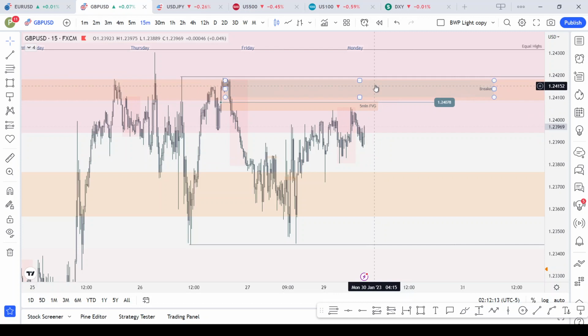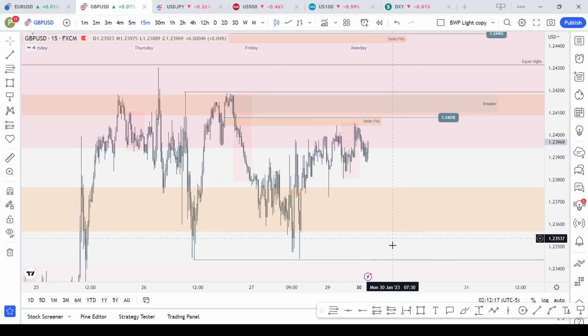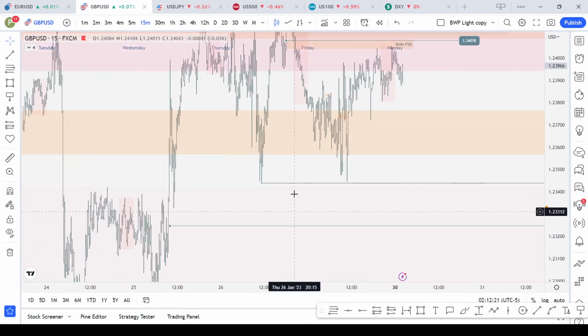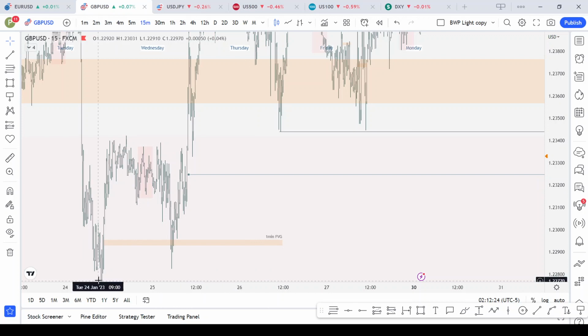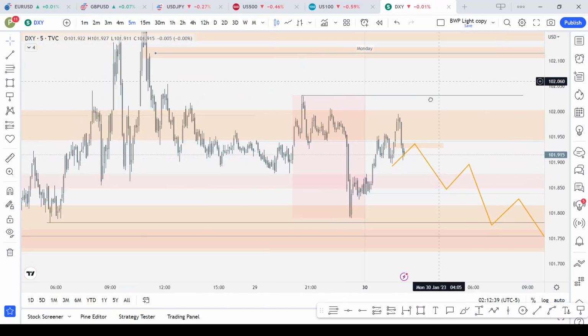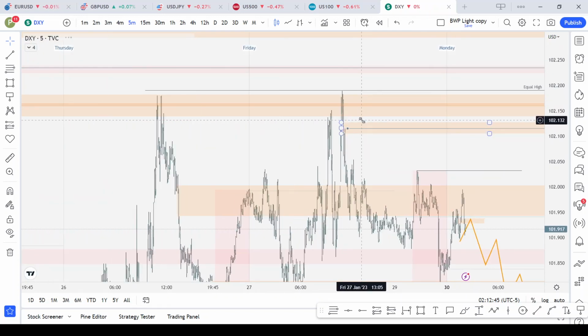Okay, so it might just run into this level and reject. It might just run into this level, reject, but if it takes out the equal high, then that becomes high probability to take out this low. Okay, but I wouldn't want Wednesday's low to be taken. That would be an SMT divergence between EU and GU and also DXY. If DXY fails to trade above this level, okay,